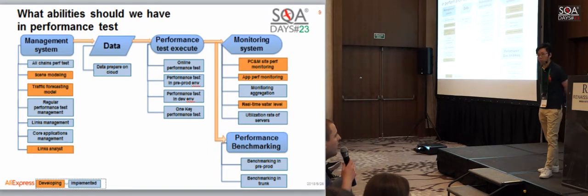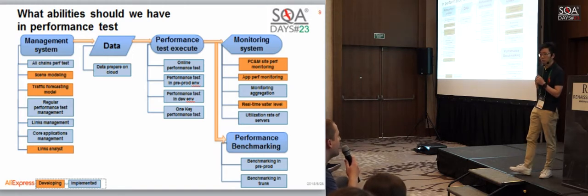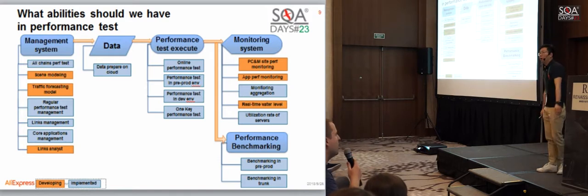I see. Okay, and now one more question. Which type of recommendations do you provide to your developers about optimization? Do you provide any information? Which type of information or recommendations?